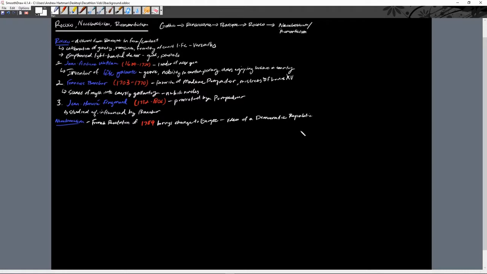But once we start to see the French Revolution start rolling, it becomes a lot more of what they would consider extreme, right? And going for extreme democracy and things like that. And so this also becomes very much reflected in the artwork. This idea of a democratic republic gets reflected in the artwork of the time. And so they are reviving,